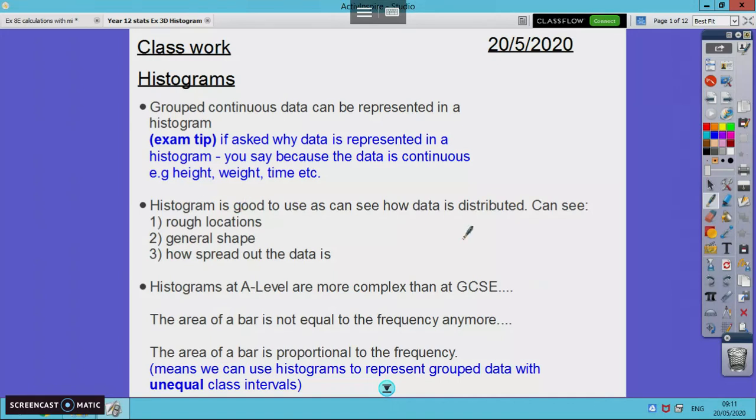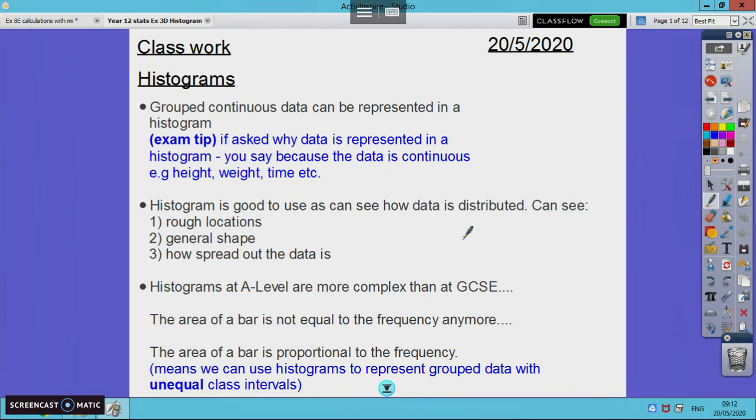Good morning, Year 12. Just a quick forewarning. This topic on histograms, in chapter 3, is quite complex. It's more complicated than the book makes out, so I've had to break it down a little bit more so that we have a really good understanding of this topic. Histograms are so vital in stats, and they are complex. They're way more complex than they are at GCSE, and there's a lot more to consider when you're doing exam